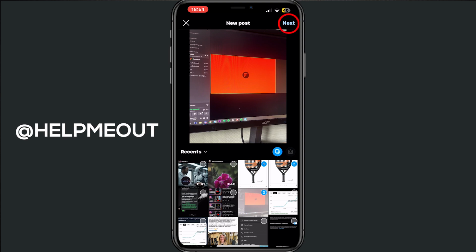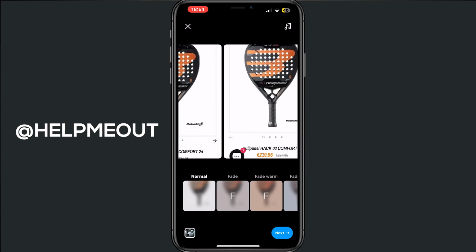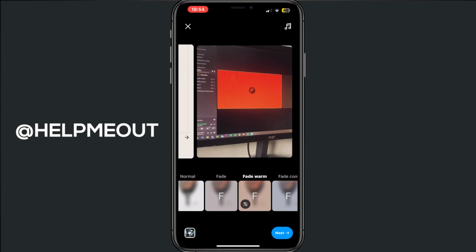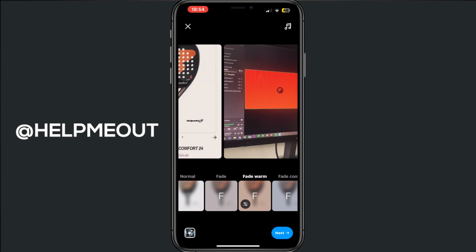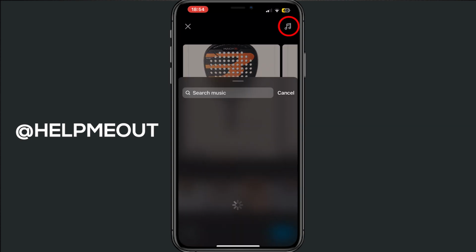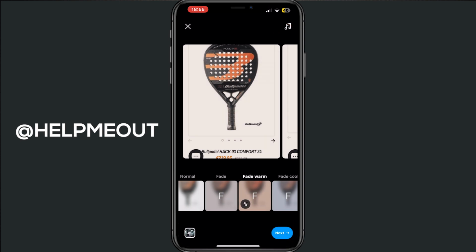Now if you do next, we can give every single photo an effect. Maybe the fade warm. So we can give an effect that we want. We can give the whole post music. If we tap right in the top, then we can add a song. But if I do next now,